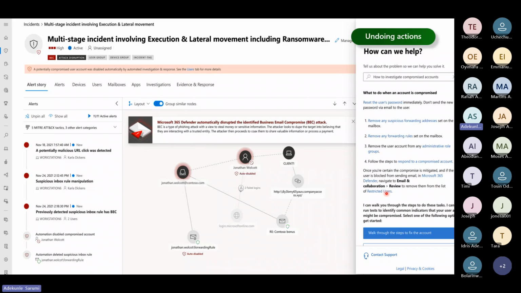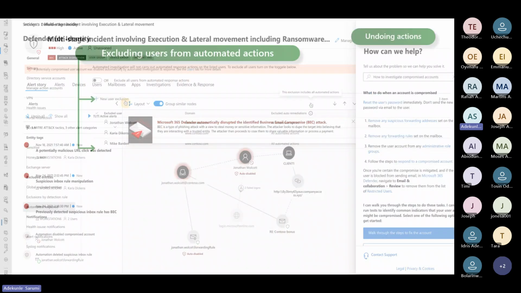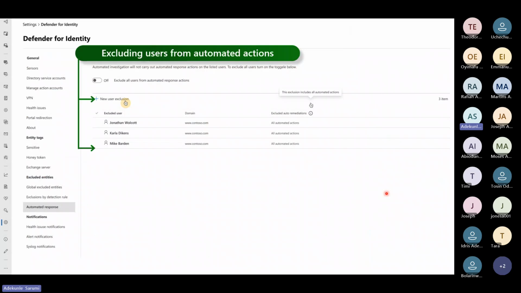But that must have been after your series of personal investigation, and part of the investigation that the system will do for you. And then also, if you feel that this automation is not something you want to keep going, you can also exclude the users from automated actions. This is probably for users that may have a just cause or a just reason to do this. But for security admins, it's quite advised that you have everyone able to run through these automated actions. Because if this guy was exempted or excluded, as the case may be, if this attack